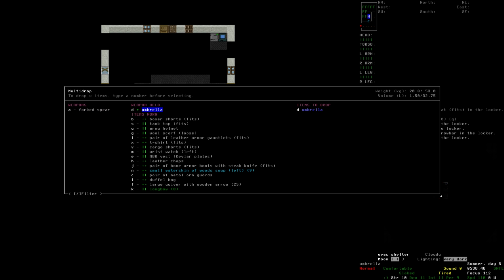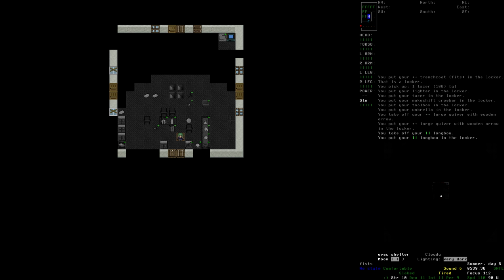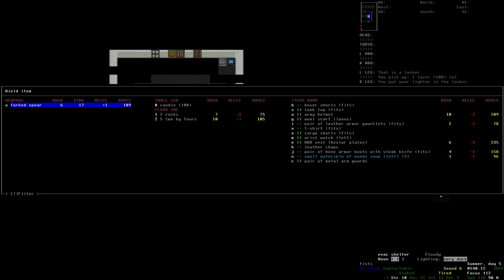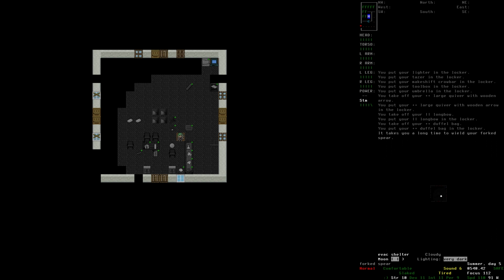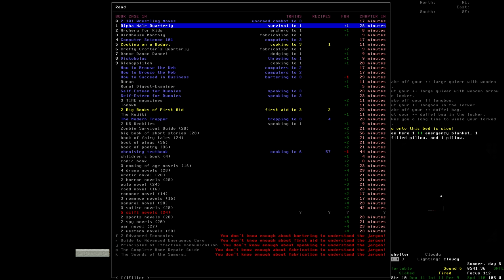Also the umbrella and the longbow. And yeah, I guess I'll put the quiver with arrows in there as an item that I think pairs well to that. Right. I should be okay to sleep for now, but before we do, let's have a quick read,